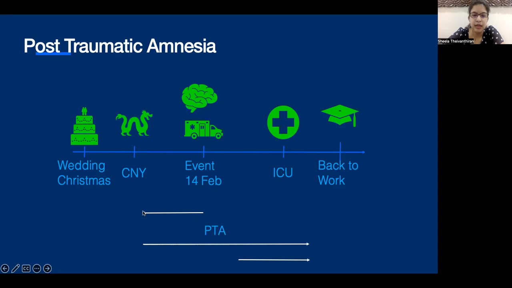Okay, so this entire thing where he forgets around Chinese New Year and beyond, the event and after, the ICU stay, this entire period is called post-traumatic amnesia. So if he forgets the event and from the ICU stay, then that period is called the anterograde amnesia. Okay, and if he forgets from the event back to Chinese New Year, that's the retrograde amnesia. So this entire length of time is actually called post-traumatic amnesia, which could include retrograde amnesia and